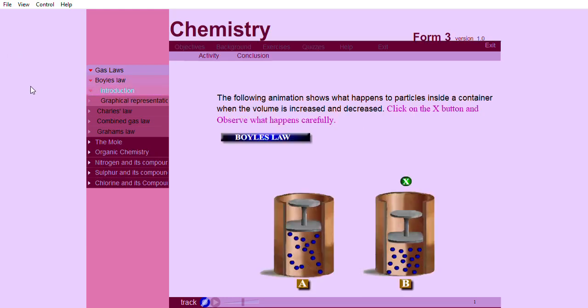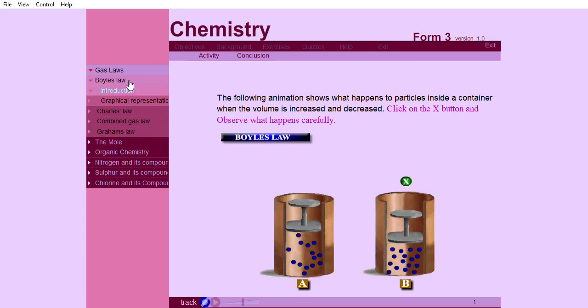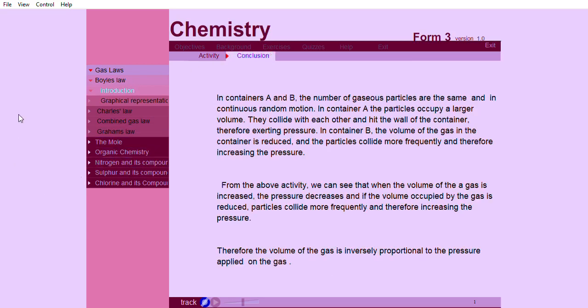The following animation shows what happens to particles inside a container when the volume is increased and decreased. Observe what happens carefully. The following graph shows the pressure. In the following animation, in containers A and B, the number of gaseous particles are the same and